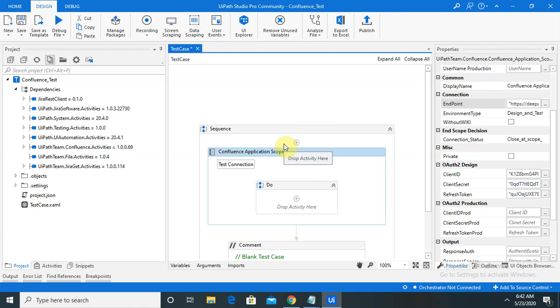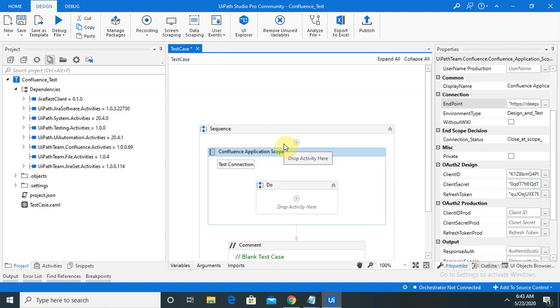In this session, I will explain how to use UiPath Studio Pro and integrate the Confluence application, so that whenever it is required to add attachments, push comments on any user stories which are already available, or add a space as well, these types of activities can be done using this step.